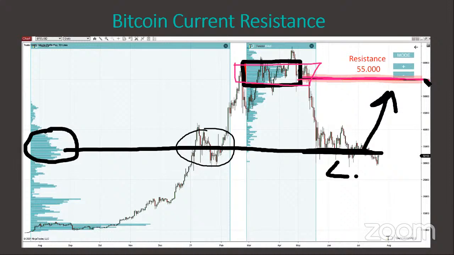Now, if you want to shoot for the stars with Bitcoin, then at least I would say a third or half of your trade in here, because this could work as a potential and strong resistance. The price could react to it, and it would be a shame to hold your full long position through that. So this is the strong resistance standing in the way.